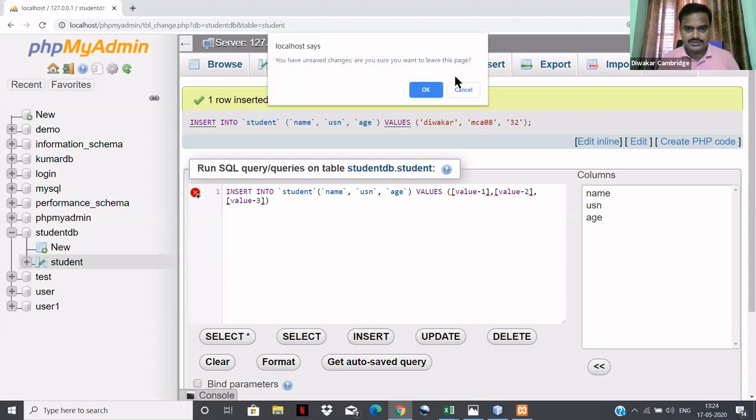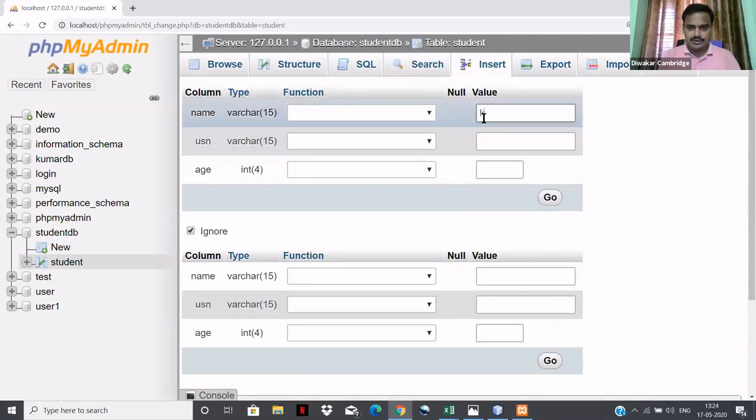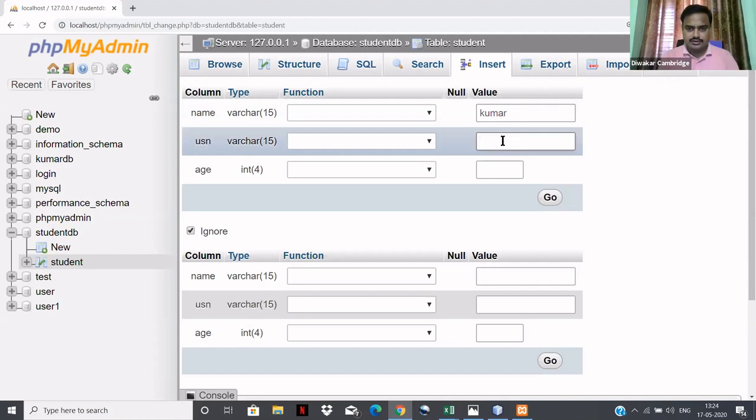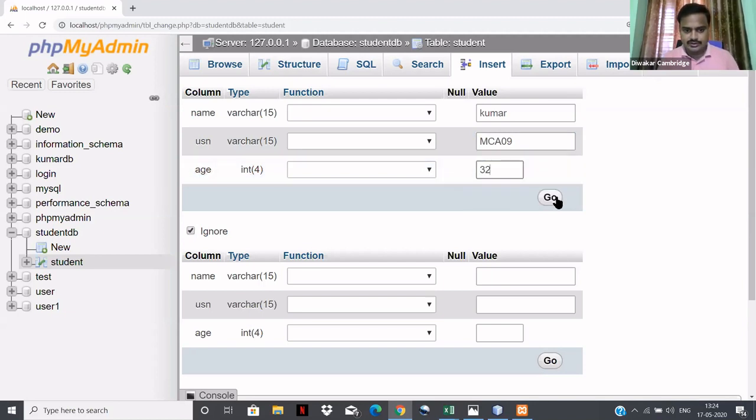Click on this Insert. You take Kumar, USN MCA 09, age 32. You click on Go.